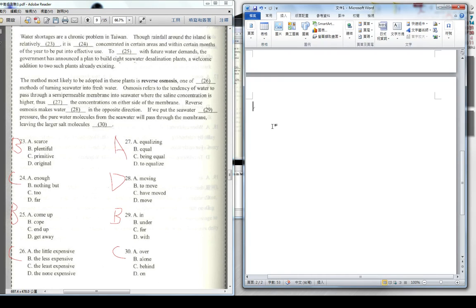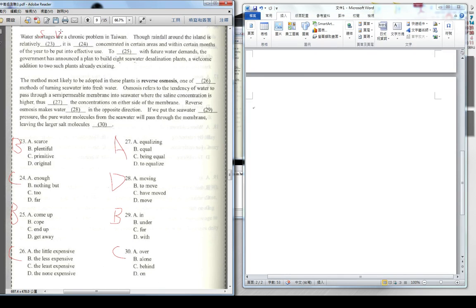Okay, so start from the first sentence. Water shortage, subject, are, verb, a chronic problem in Taiwan. So this implies the place. I think it's easy. So water shortage are a chronic problem in Taiwan. 它是一个慢性的问题。